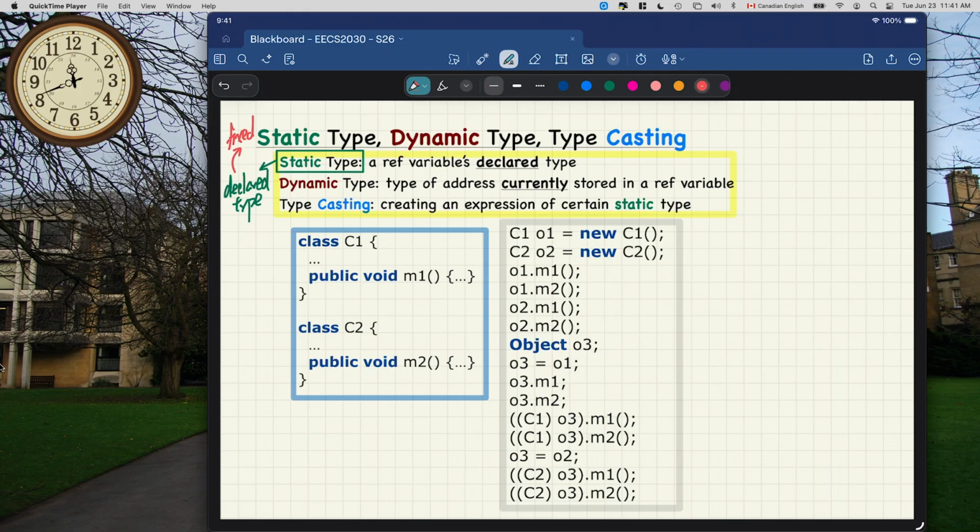But what is so important about the declared type? So here it comes, right? The static type is going to determine the range of methods you can call on that particular variable. Let me write down these important highlights, and then I'll show it to you right away. And this insight is also something we have to repeat over and over when we get to inheritance. So the declared type determines the range of methods that can be invoked